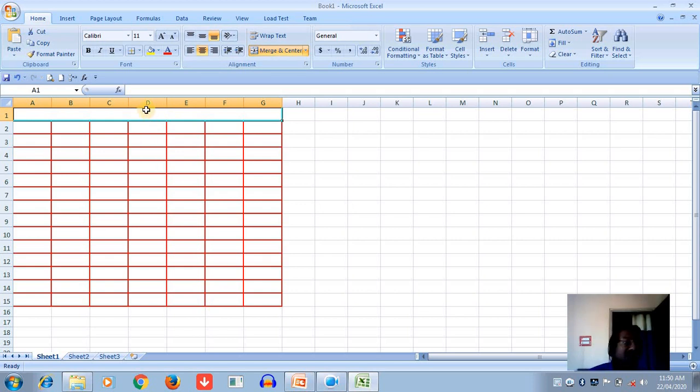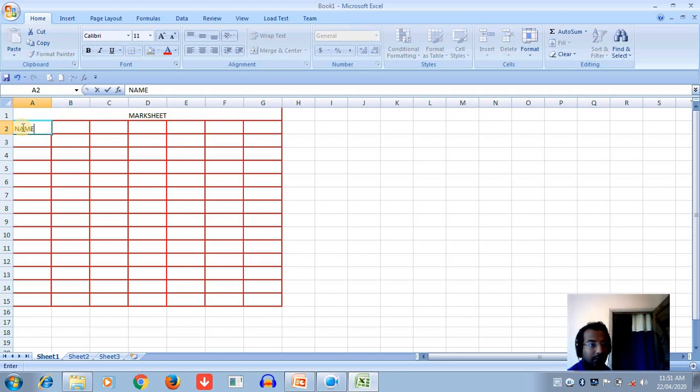Now click on the cell and write the heading. I am putting here Marksheet. And here we put some text like name of the students.